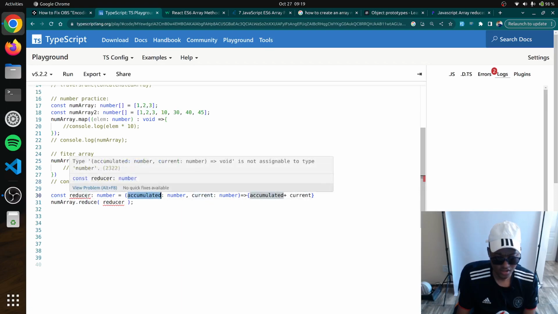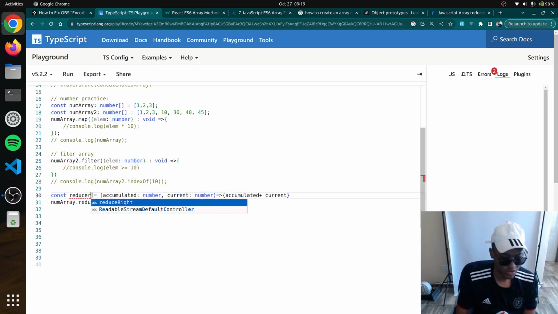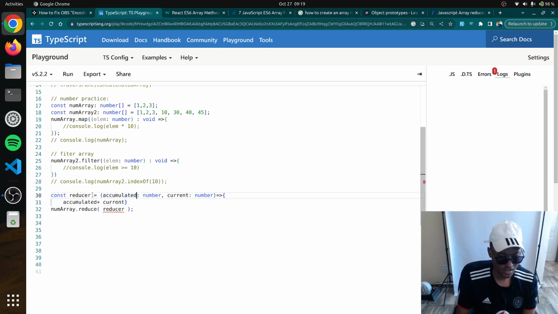Const reducer. Wait, I'm confused. Dude, I am so confused. Let me see. Reducer equals